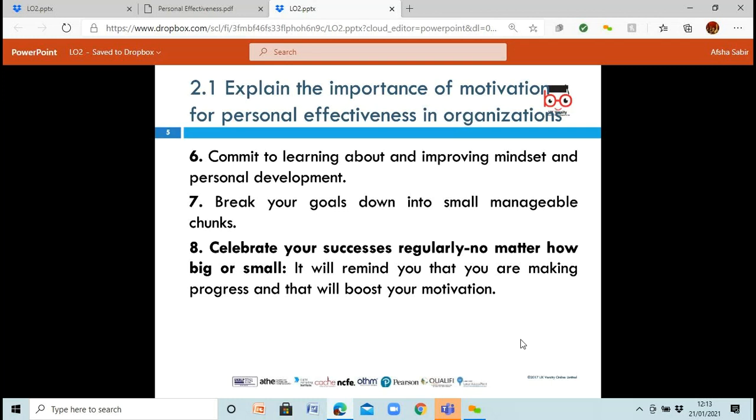And then also be happy about your successes. So if it's something small or big, always be happy about what you do. So whenever I've achieved something in particular, it might be a small course that I've done, or I might have had a really good lesson, I'll go and let my family know I had a really good lesson today. Or look at this certificate I've just received. I just did a course online. So even in normal life as well, when you've cooked the most perfect dinner, and then you're like, look at this, I was fantastic today. So anything small or big, give yourself that boost. It really does make a difference.